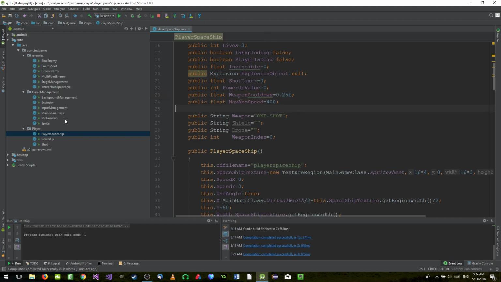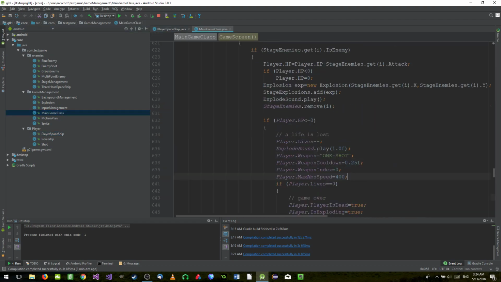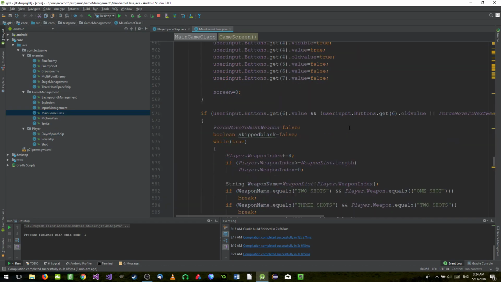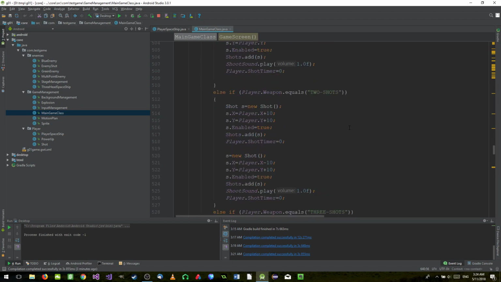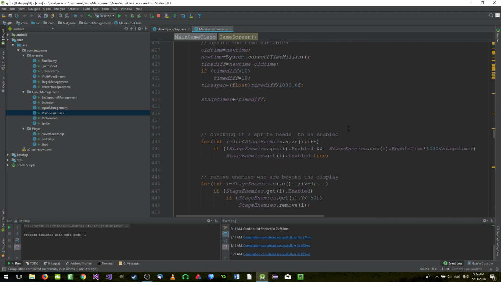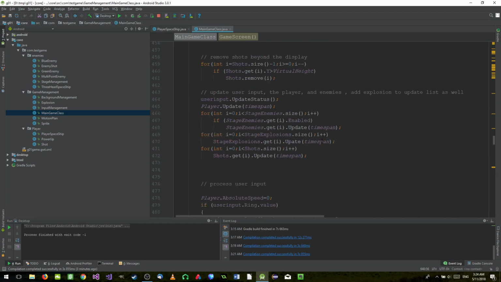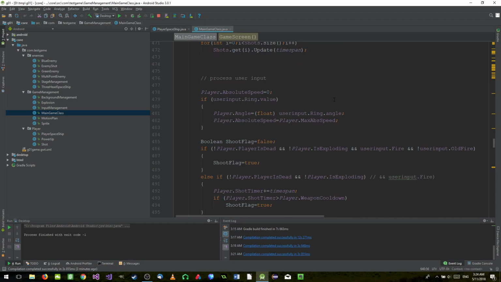Now if we go to the main game class here, there's not much change there except for where we are shooting things. First, checking the user input. Here I am checking the directional or analog button that we have. So we are getting the angle and we are setting the absolute speed. This was a number which is 400, and now we are replacing this with a variable,